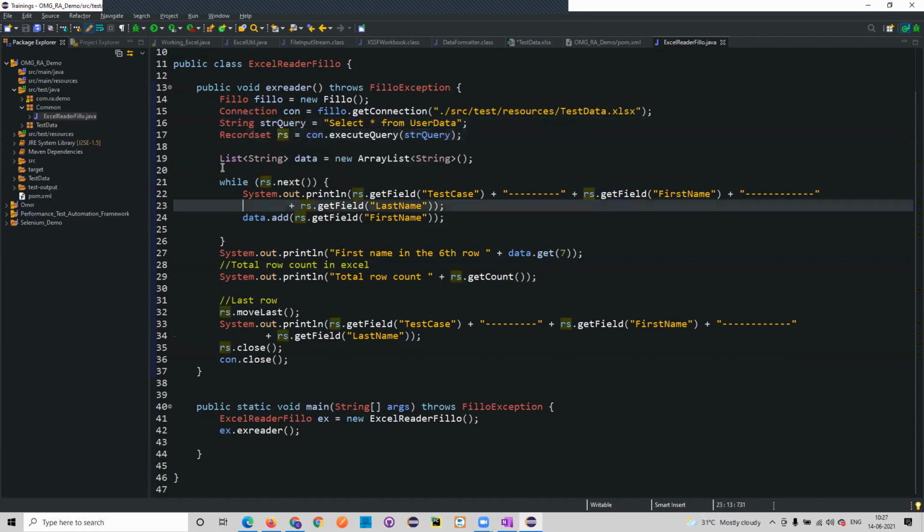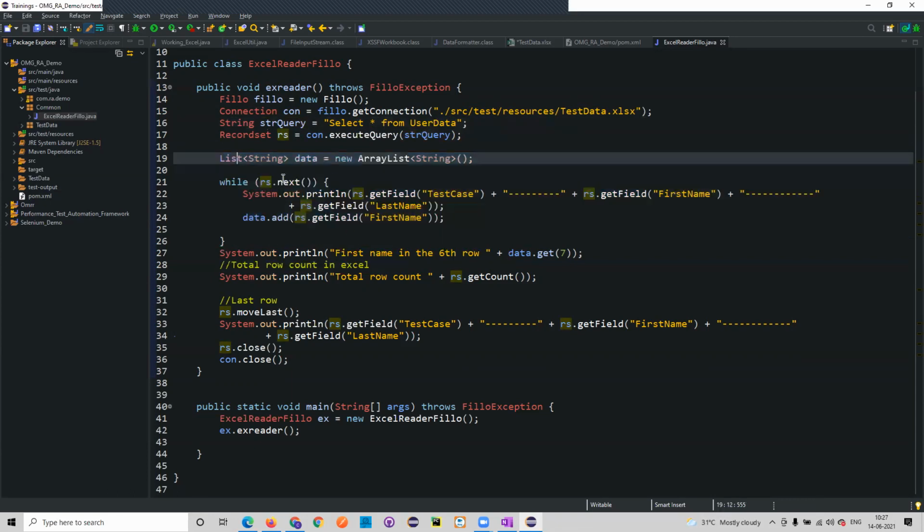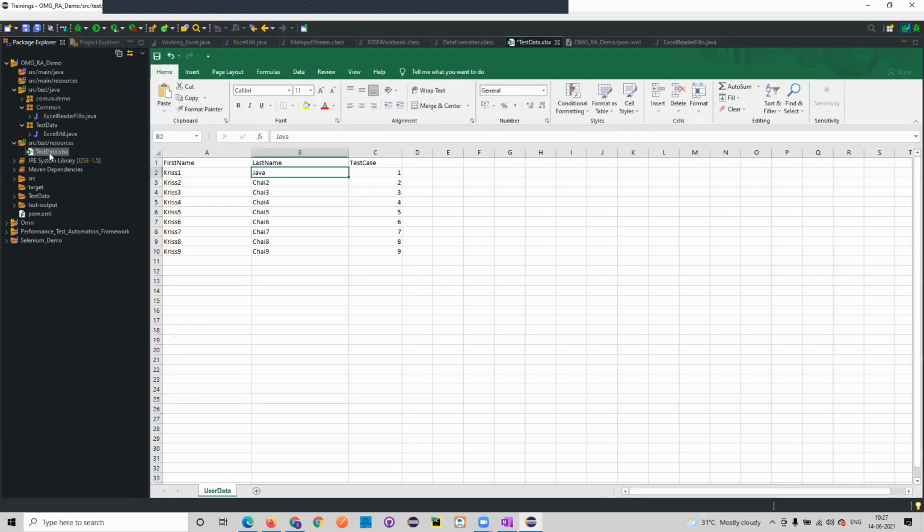Now it is very simple: we will be creating a list. Using this list, I will use the list methods and iterate. If you see in this Excel book, I quickly did this. I gave the column name as this, and then this one.